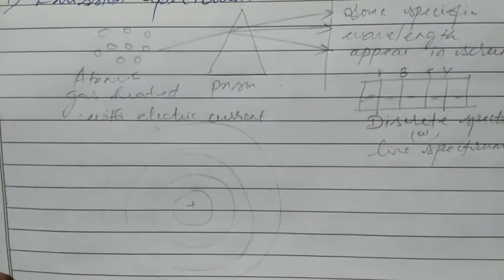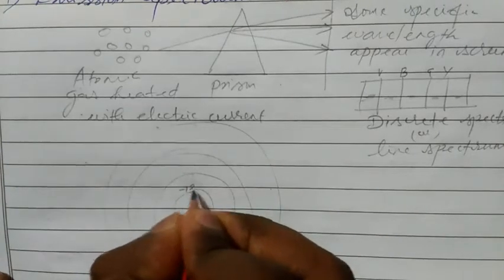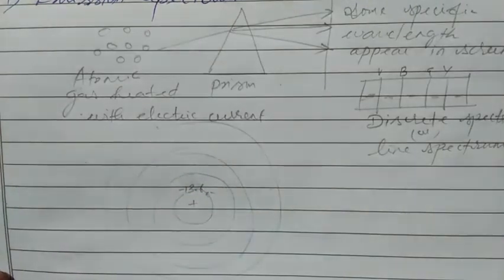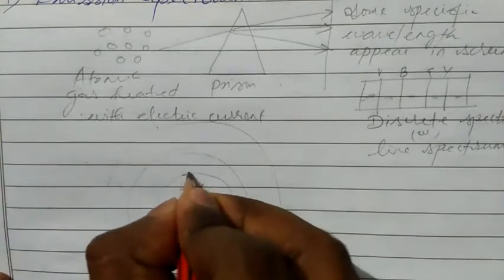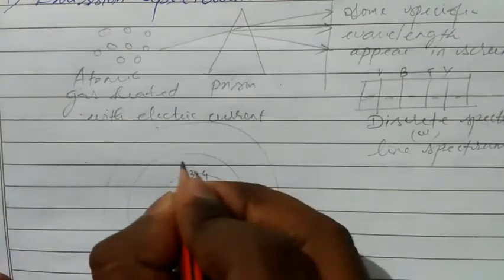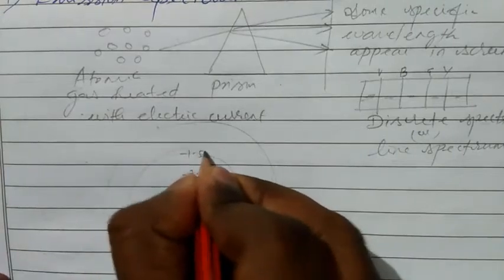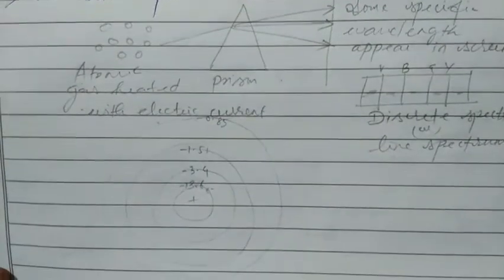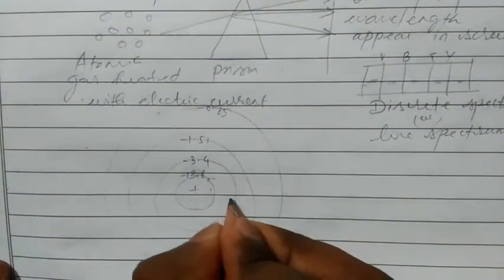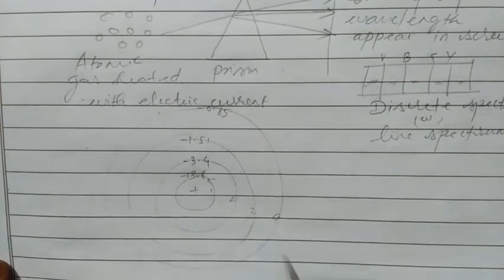We know the different energy levels. For the first energy level, we have minus 13.6 for this electron. When the electron is present in the second orbital, the energy level is minus 3.4. Then for the next one, minus 1.51. Next one, minus 0.85. Then for the nth orbital, the energy is 0. Correct? You can say first orbital, second, 3, 4.